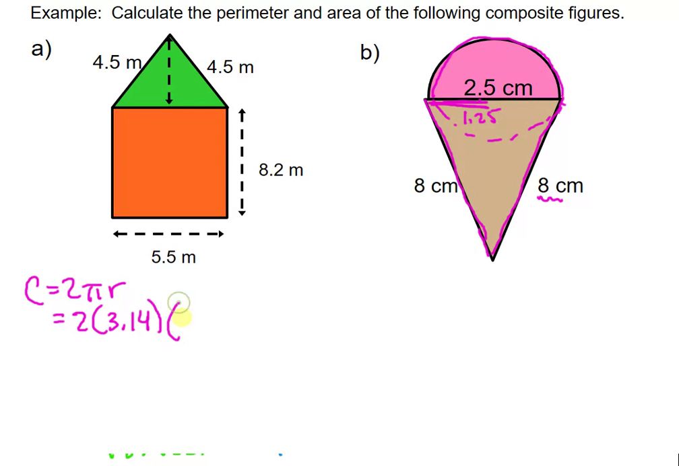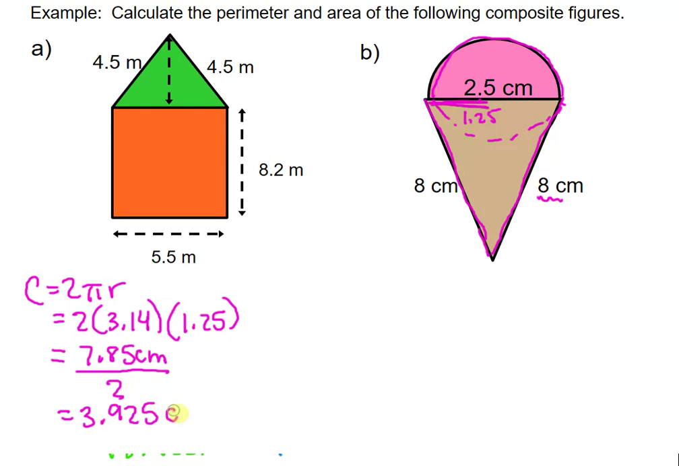So our r is going to be 2 times 3.14 times 1.25. We're going to get 7.85 centimeters. Okay, so that is not the circumference of the semicircle. That's the circumference if we had the entire circle. So now let's divide that by 2. I'll actually write it underneath. Divide by 2. So 7.85 divided by 2 equals